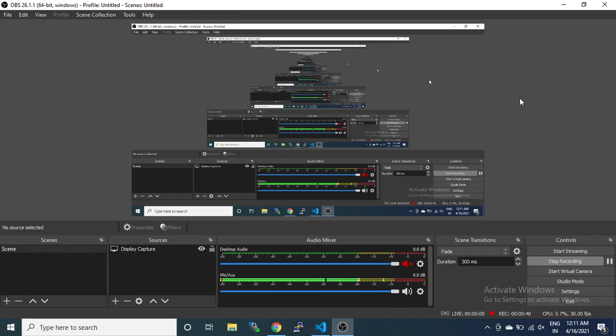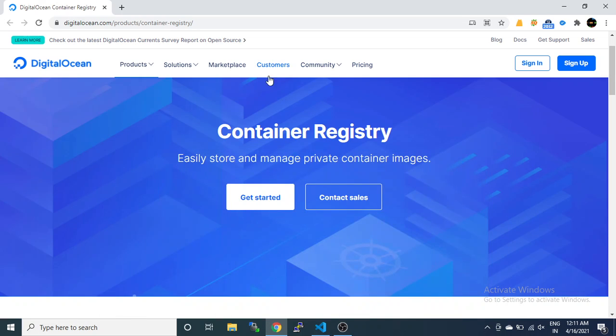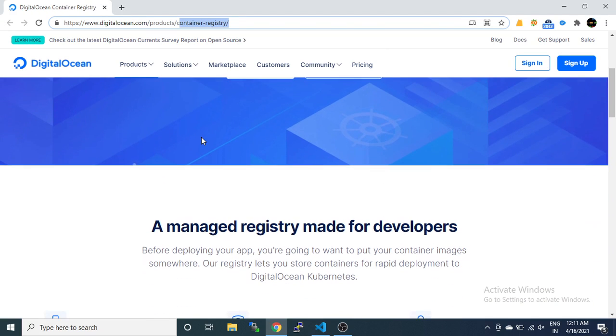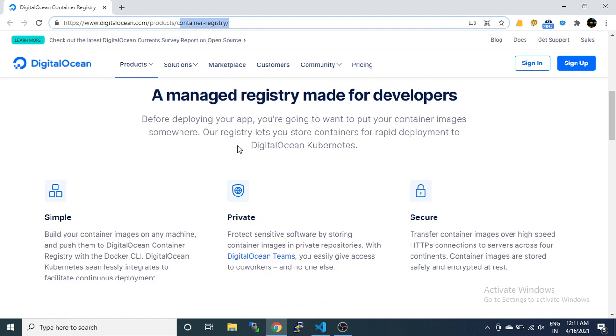For that, you can check here: DigitalOcean products, Container Registry. Here you can write the CI/CD code which will push the built image of your application to this registry.